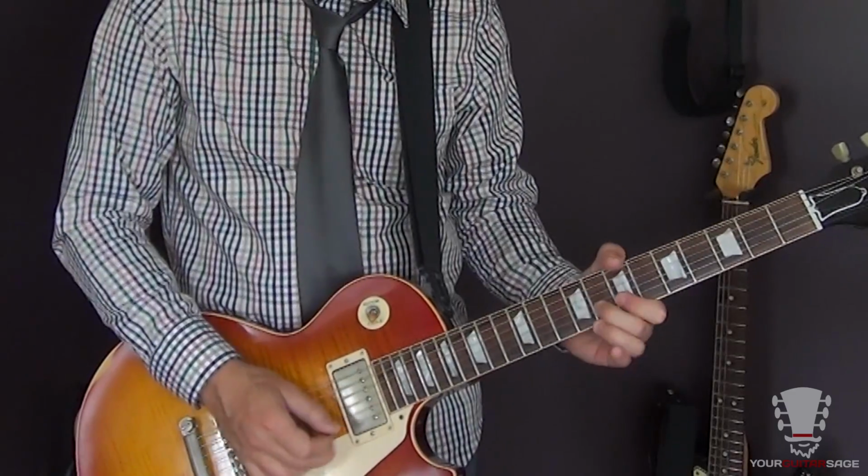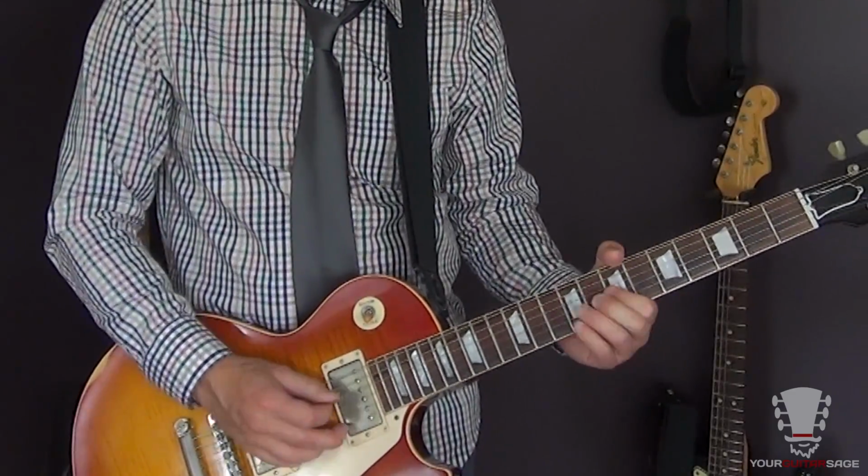Here's how you always want to break a song down. So notice we're going into this whole section that we already know. We know the A section. We learned the B section, which is the... And then we learned the